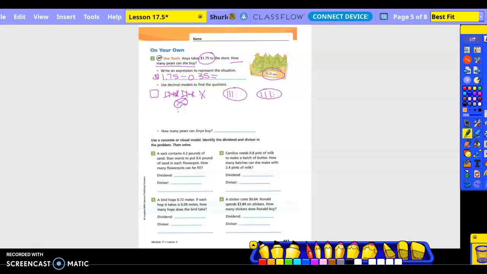Okay, now can I do another one without regrouping? Nope, so I need to regroup. So I'm going to get rid of this flat and put 10. Okay, and then now I can make another circle and put 3 longs in it and then 5 small cubes. So I got rid of these small cubes and I got rid of 3 longs. Okay, do I have enough? No, so I need to regroup what? Take a long and mark it off and then make,